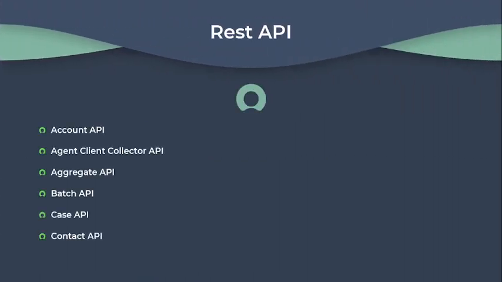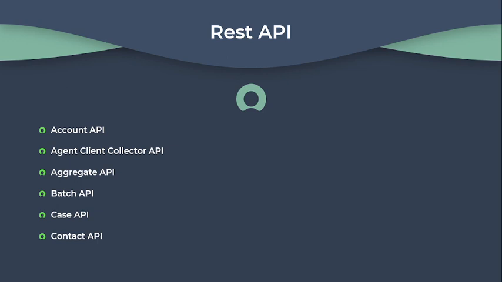Then REST API. ServiceNow offers a REST API that allows you to interact with the ServiceNow platform programmatically. This API enables you to perform various operations such as querying records, creating, updating, or deleting records, as well as performing other admin tasks. To use the ServiceNow REST API, you typically need to authenticate using credentials and then make HTTP requests to the appropriate endpoints. These requests can be made using various programming languages or tools that support HTTP requests.